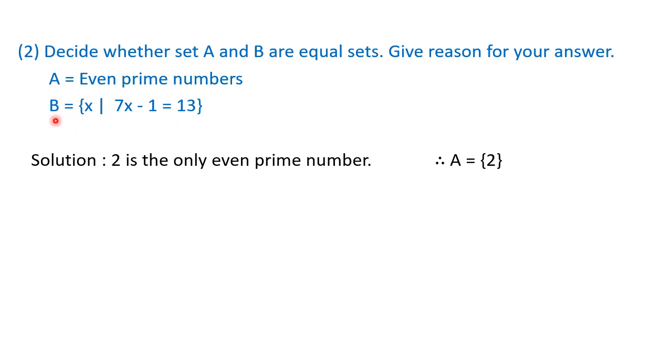Now again in second set B here, the equation is given. So we need to solve the equation here once again. So let us solve the equation. 7x minus 1 is equal to 13. Shift this minus 1 on the right hand side. So what we will get, 7x is equal to 14. And therefore x is equal to 14 divided by 7. We are going to divide here 14 by 7. So you know that 7 2s are 14. And therefore x is equal to 2. And therefore I can write down set B as a singleton set again with element 2.